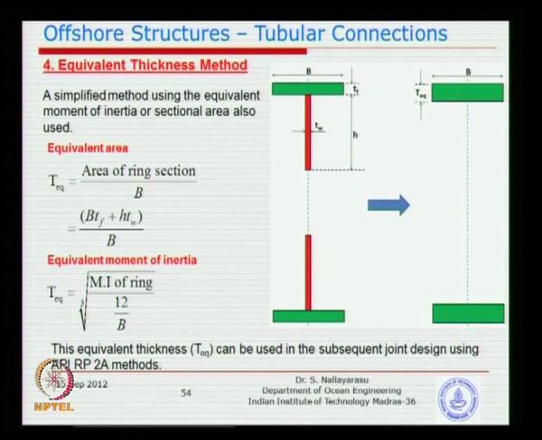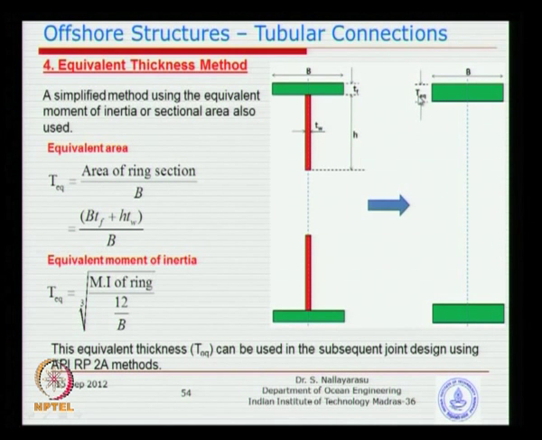The fourth one is basically using the conventional simplified method of equivalent thickness. So the equivalent thickness can be calculated either by the moment of inertia equivalence or by the method of shear area. So if you see there, the first one, the area of the ring, this plus this divided by B, I will get the equivalent thickness. Just because of the presence of the red color, basically the stem, what will be the additional thickness I will get, that is what we are doing.